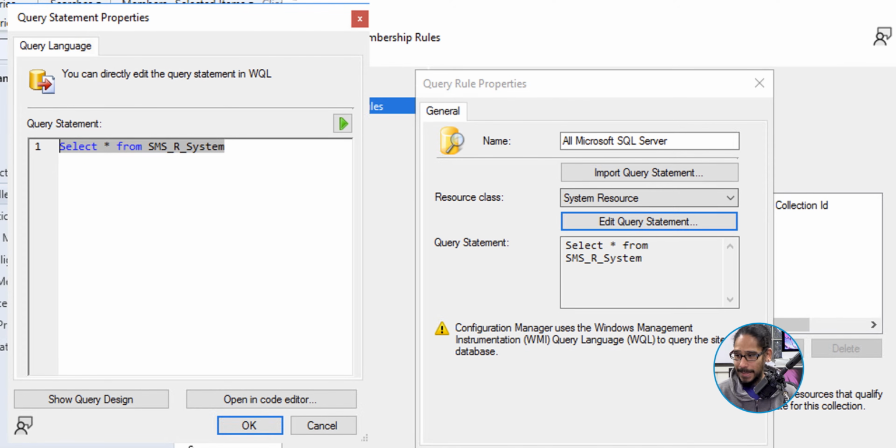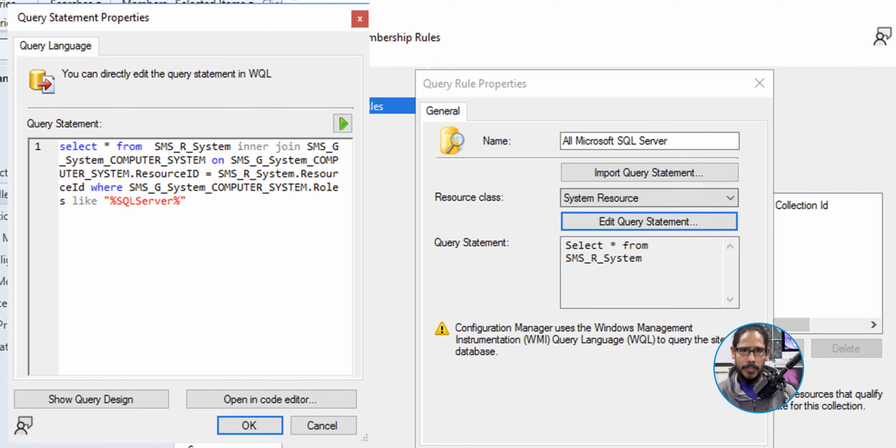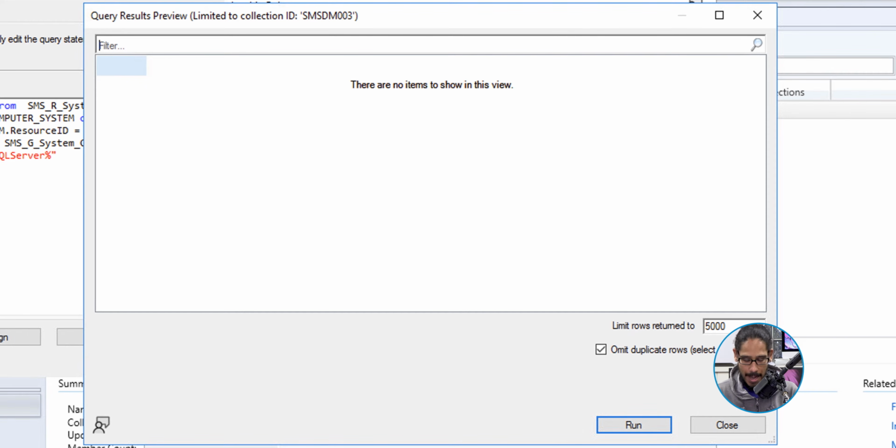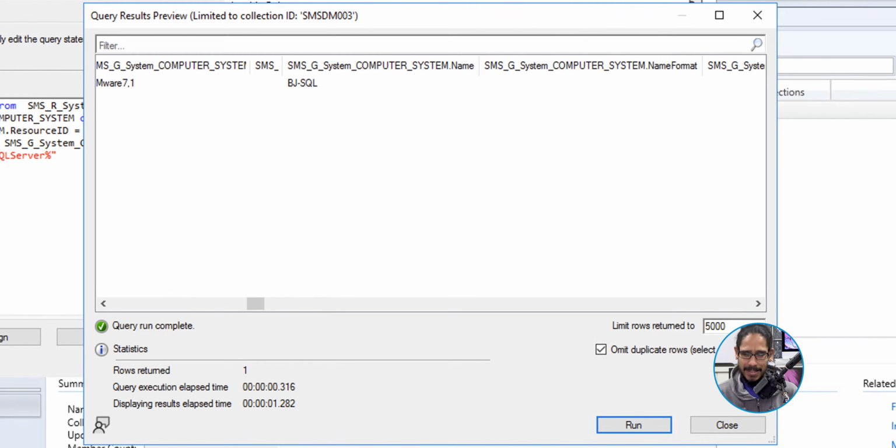I am going to basically paste the following. Now, you're probably saying to yourself, Bernardo, what are you pasting? This right here is basically a SQL query that allows us to go into the database to grab anything that is SQL server centric. That's what we want. If you want, you are able to actually click on the play button and click on run. And then boom, this is a good way to test out that statement, whether or not it's going to pick up the databases within your network, which is great. For us, it picked up BJ-SQL, and that is my database server.